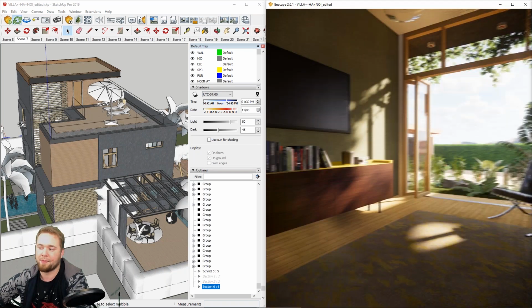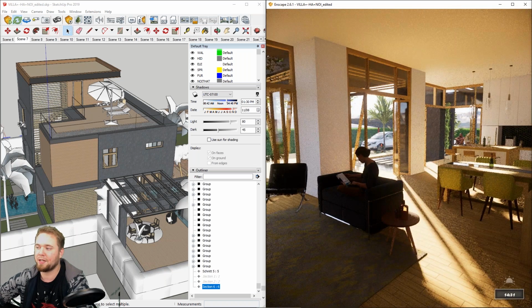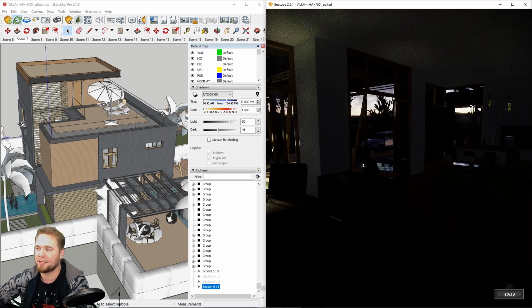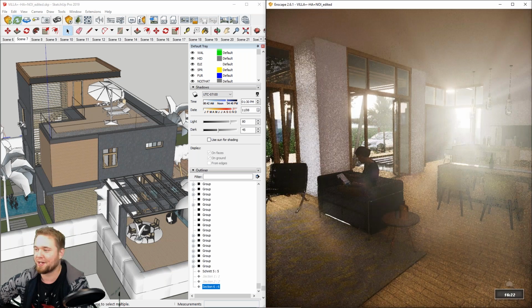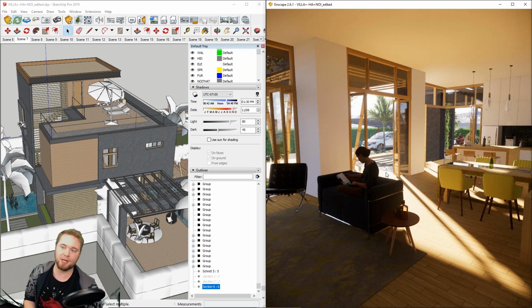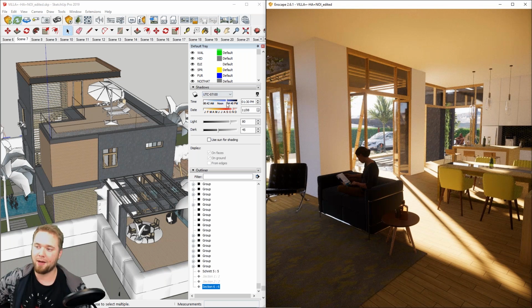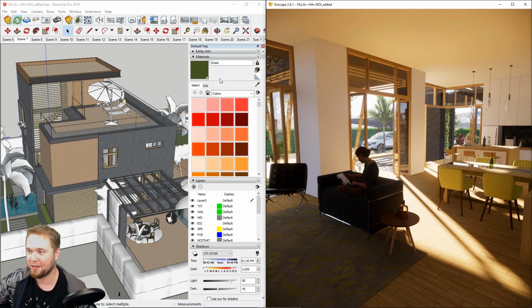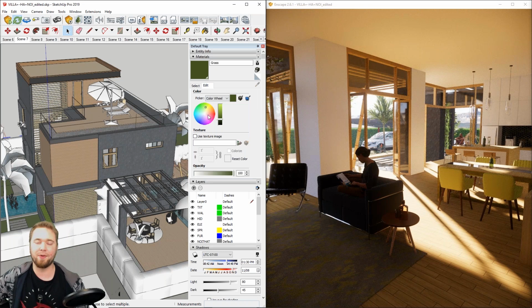Again, as I've mentioned before, the key to photorealism is lights as well, as we see here, but also good-looking materials. Now, SketchUp itself comes with a very minimalistic material editor that essentially just provides you the information color or texture and opacity, and that is it. So to allow